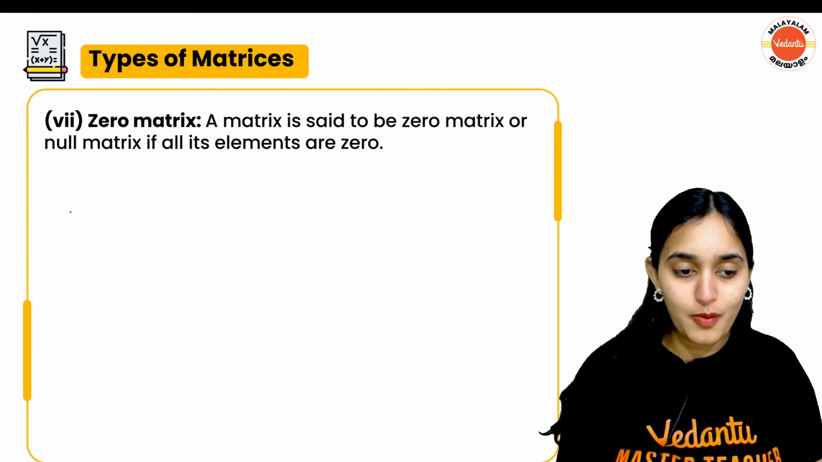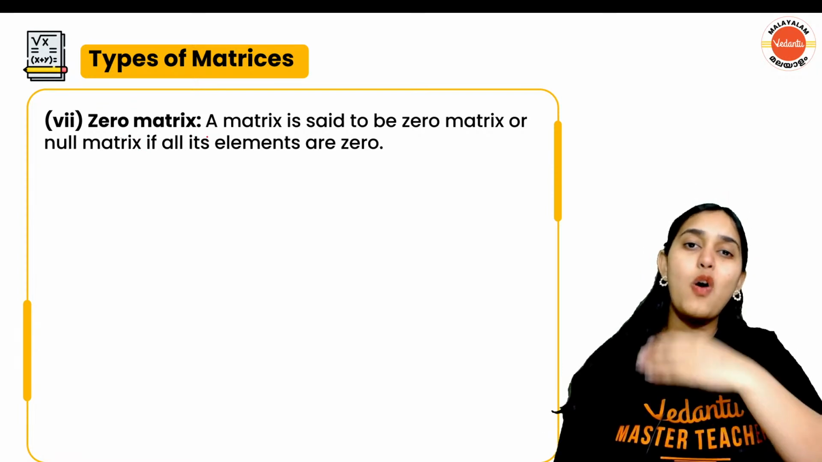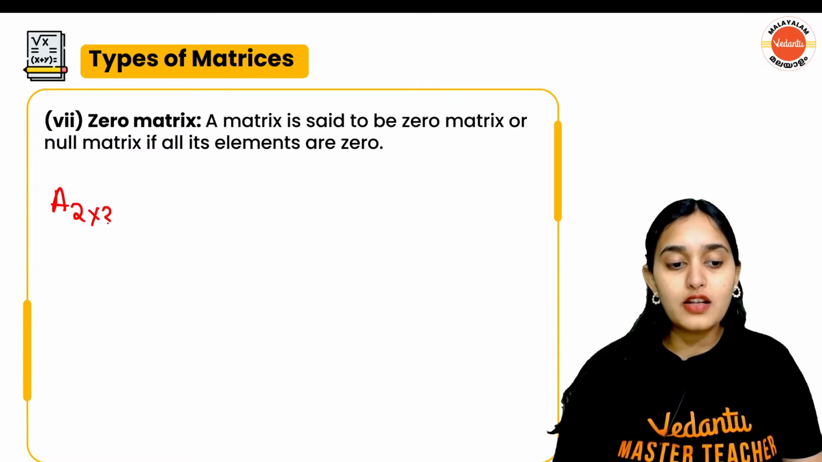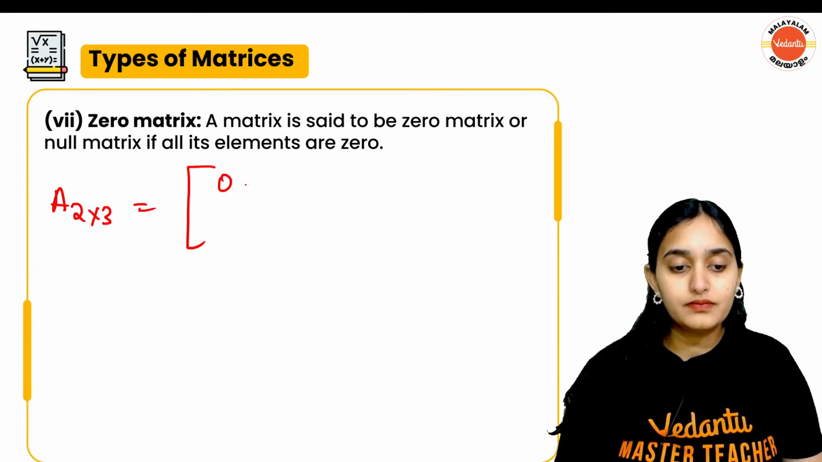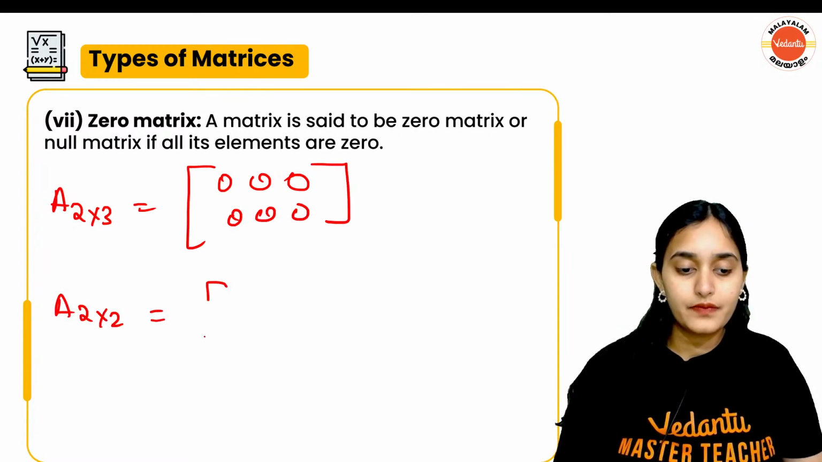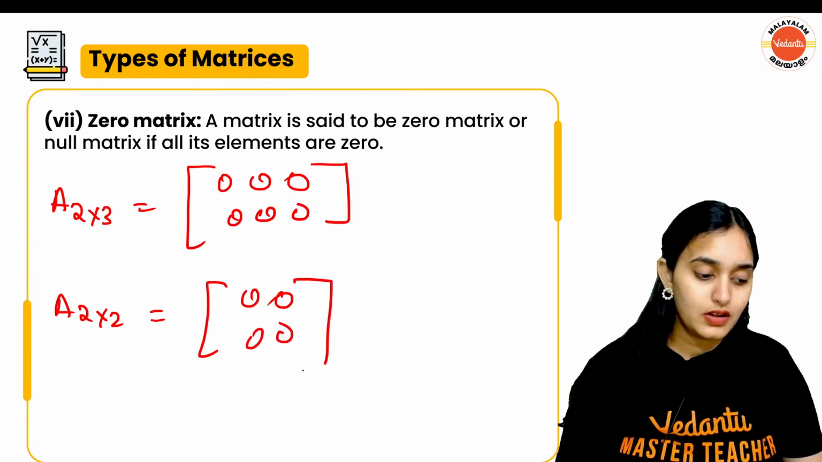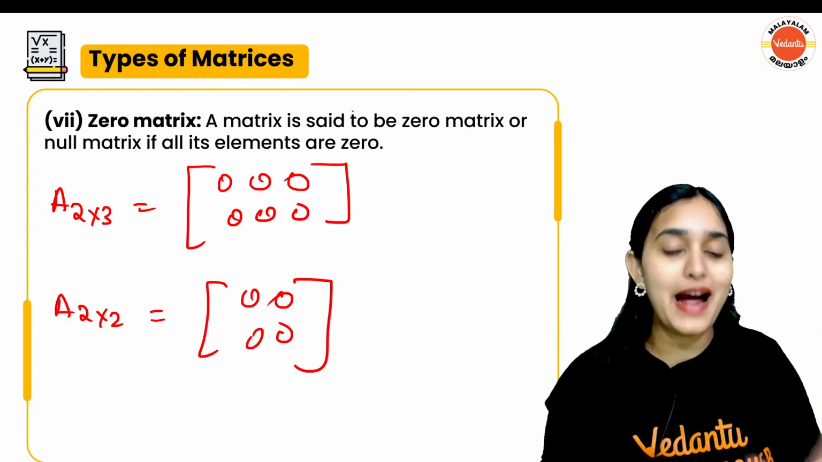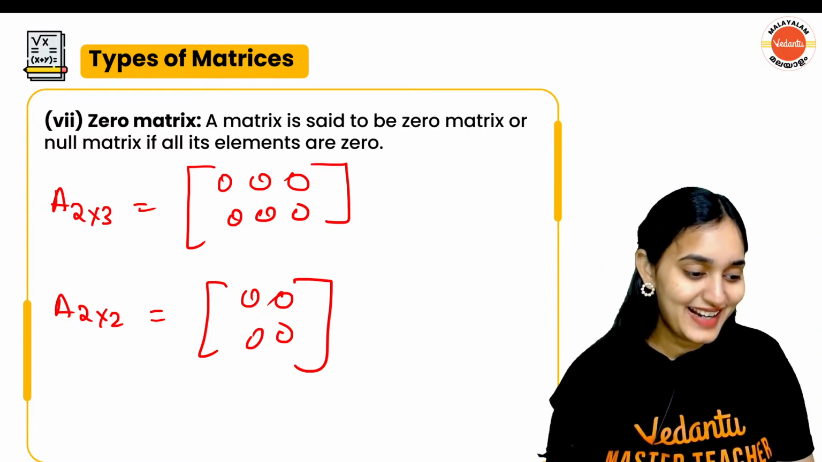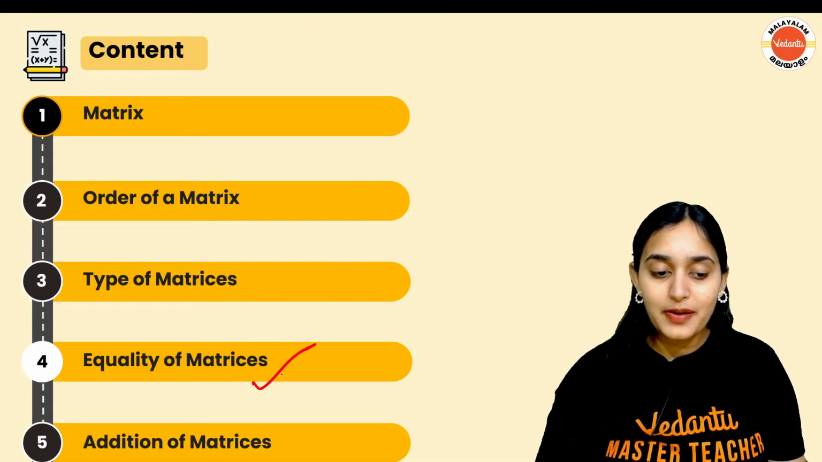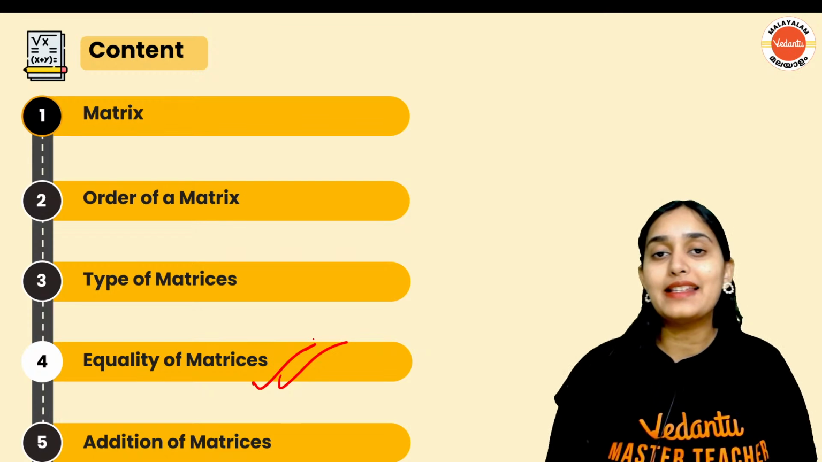Lastly, we have a 0 matrix. Now, what is a 0 matrix? Where all the elements are 0 only. So, suppose I have a 2 cross 3 matrix. 0, 0, 0, 0, 0, 0. 0 matrix. I have a 2 cross 2 matrix. 0, 0, 0, 0. Again 0 matrix. All the elements are 0. So, it is a 0 matrix. Simple. Alright. Now, with this, coming to the last topic of the day, equality of matrices, and then we will